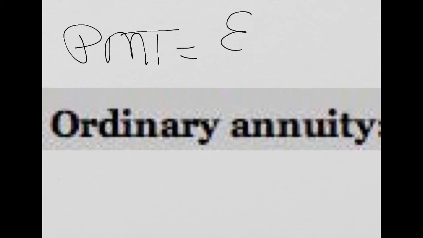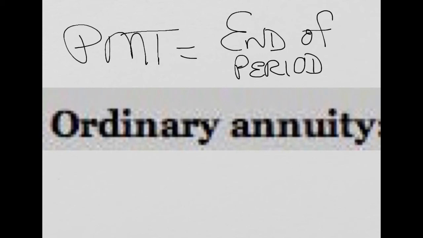All right, there are two types that the intermediate accounting textbooks teach you about when it comes to annuities. There's the ordinary annuity, which is where the payment comes at the end of the period. End of the period. So if it's monthly, it's the end of the month. If it's annually, it's the end of the year. The payment comes at the end of the period. That's an ordinary annuity, as opposed to